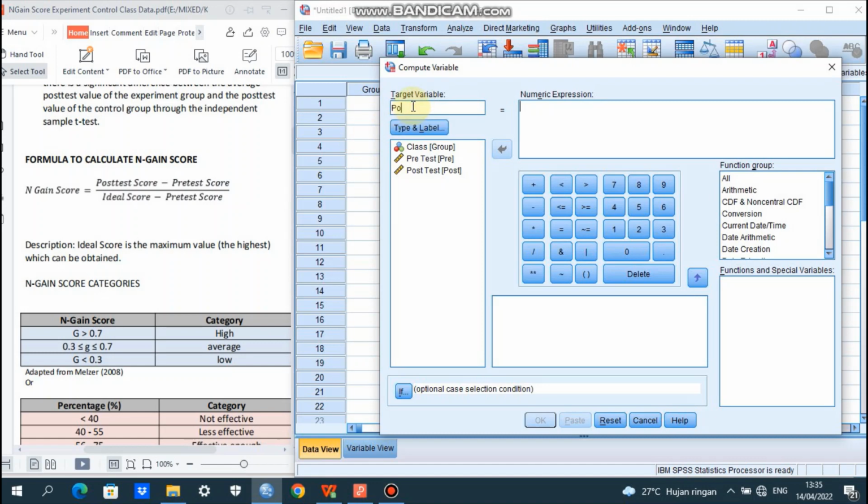So we type here post minus pre. Okay. So post here in the type and label dialogs on the left, we send it to numeric expressions dialog box. And then minus pretest. Yeah. We send it to numeric expressions and then click OK.